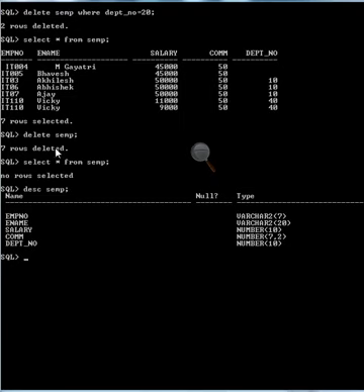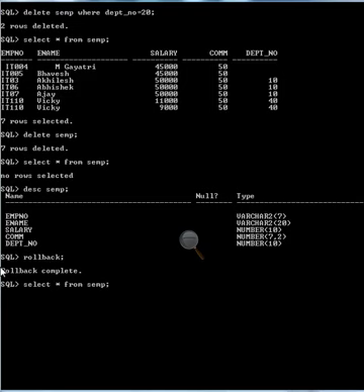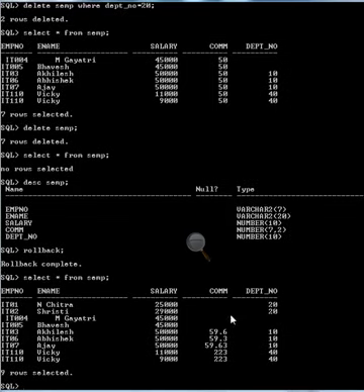If I want to get these values back into the ACMP table, we have the rollback command with us. Rollback complete. Now select star from ACMP, and all the values have been rolled back as they were previously.